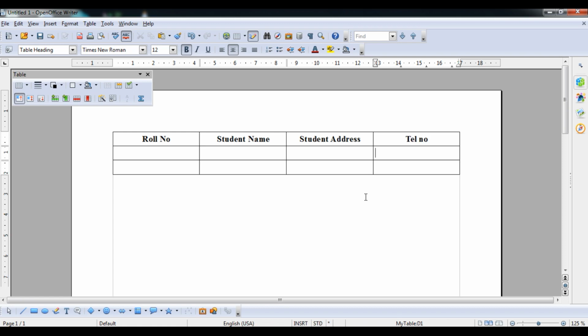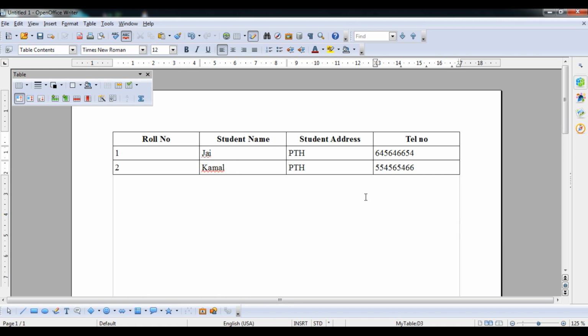Okay student, and then the next rows like roll number, name, student address, telephone number, random number, and now 2, Kamal, PTH, any number that you can suggest. Okay student, so this way we can insert a particular table.